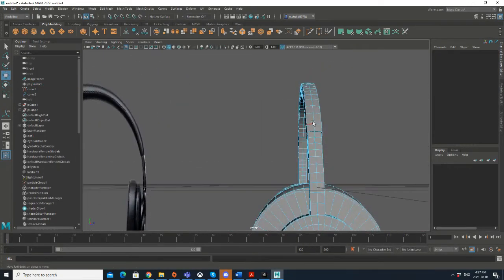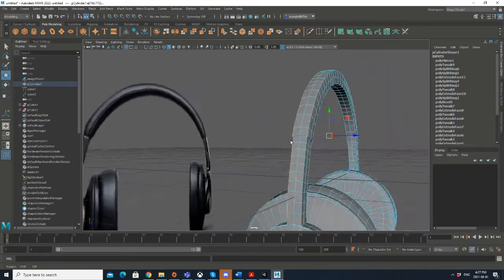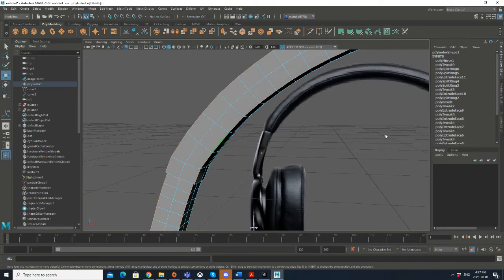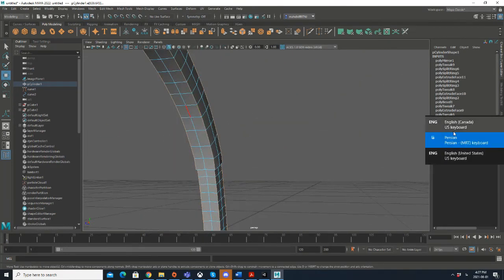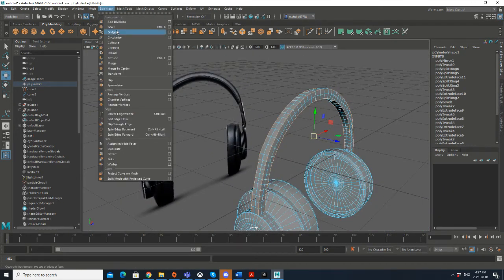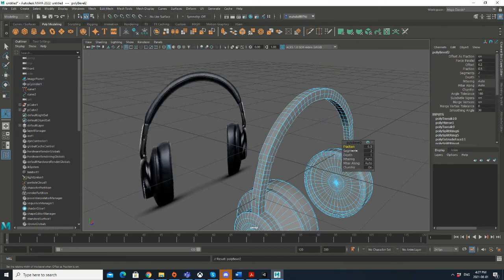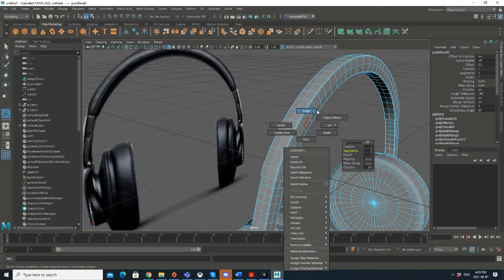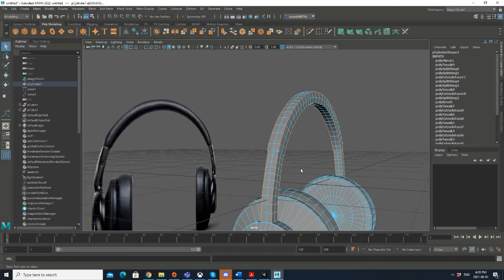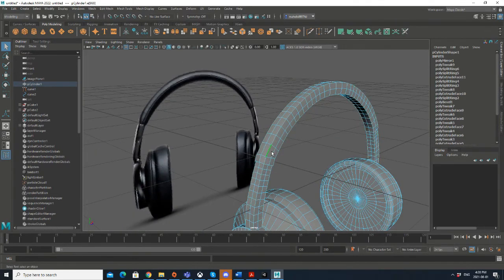But I'm sure that you know that you can always use these outer edges to make it more similar to an actual headphone by, for example, beveling it a bit, using, yeah, maybe 2 is enough. Also, one more thing to mention here, let me go back to the part, yeah, bevel it. You can see if you have